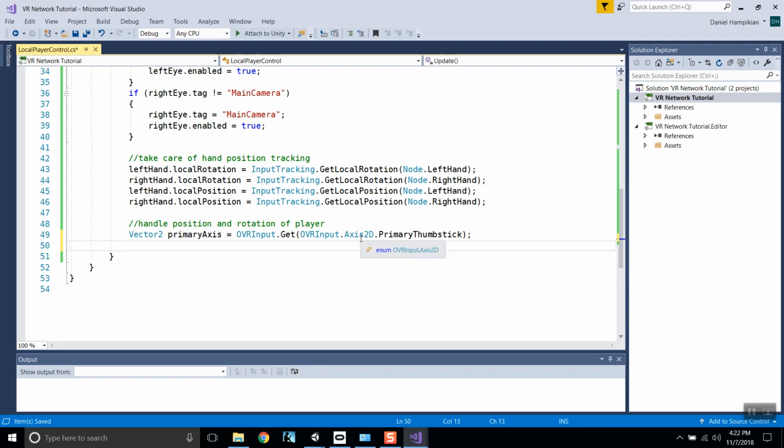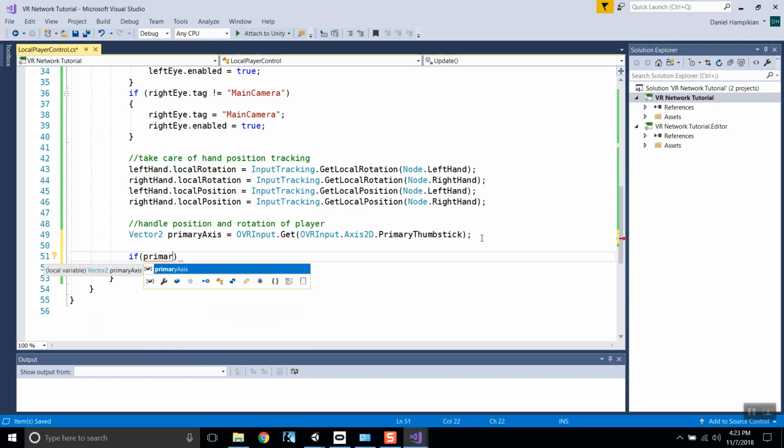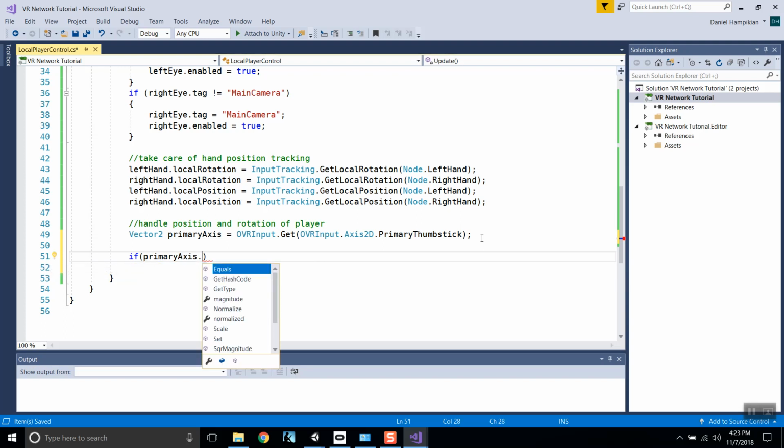Right, will be our input axis 2D primary thumbstick. And then we'll do some if statements. So once we have that primary axis, that's our joystick on our left controller typically. We'll say if our primary axis dot y is greater than 0f,